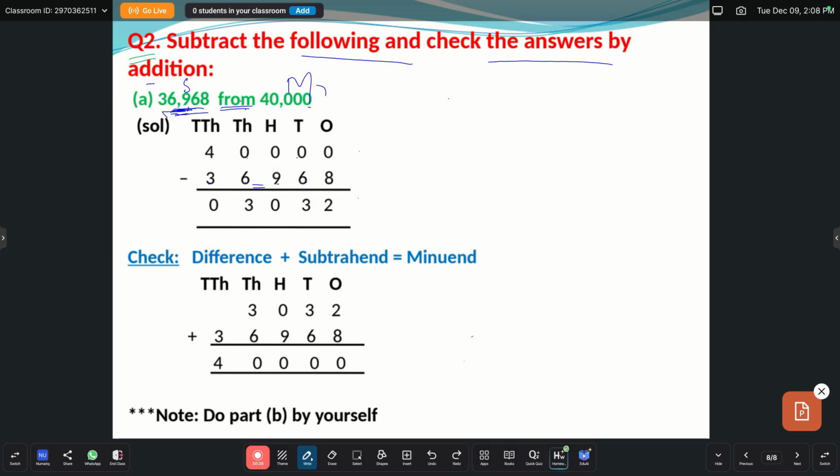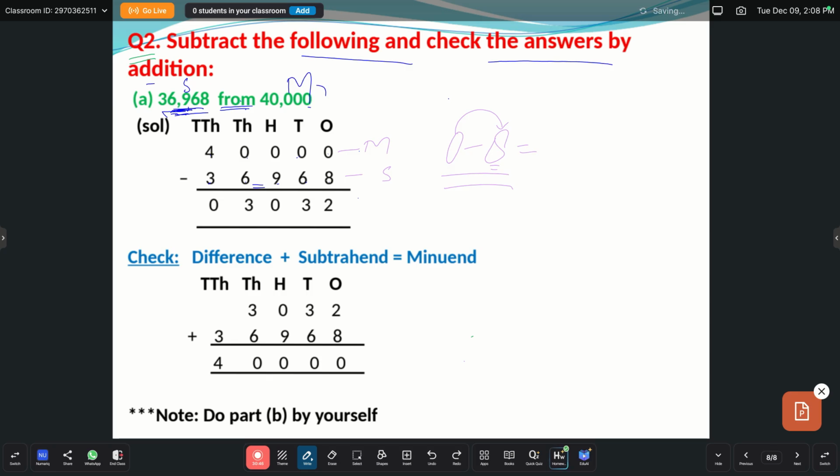See, beta, here this is our minuend and this is my subtrahend. Tell me one thing. Here it is 0, here it is 8. Can I subtract 8 from 0? No. Minuend should always be bigger than the subtrahend. I cannot subtract this 8 from 0. So what will I do?